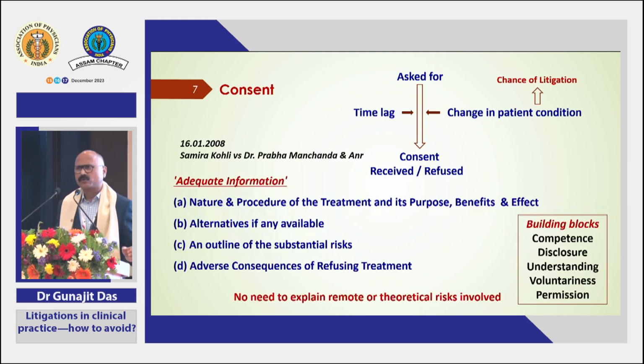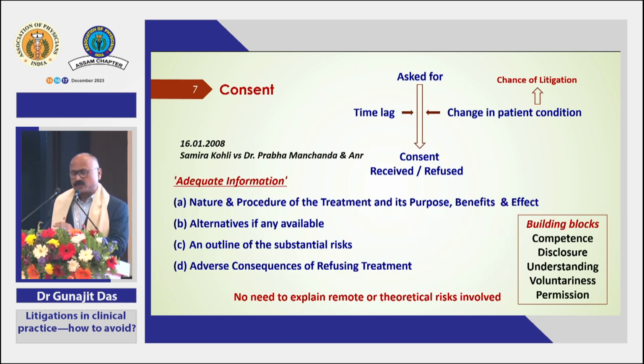And what should be the content of the consent form? It was specifically mentioned in the judgment: giving adequate information. And that adequate information is specifically defined by these 4 points: the nature and procedure of treatment and its purpose, benefit and effects, alternatives if any are available, an outline of substantial risk, and adverse consequences of refusing treatment. And